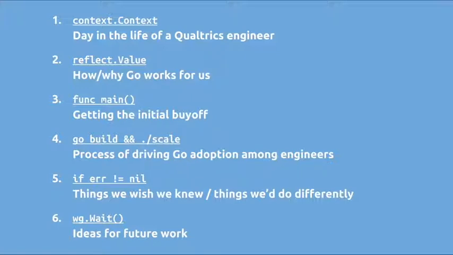We want to talk about why it fits so well in that environment, what made Go a good choice given our problems. Third, we want to talk about how we got the initial buy-off. How did we convince the business that Go was a viable choice in a stack that was primarily traditional languages like PHP and Java? Fourth, once we got some buy-off to try this, how did we get to 30 developers like we showed on that first slide?